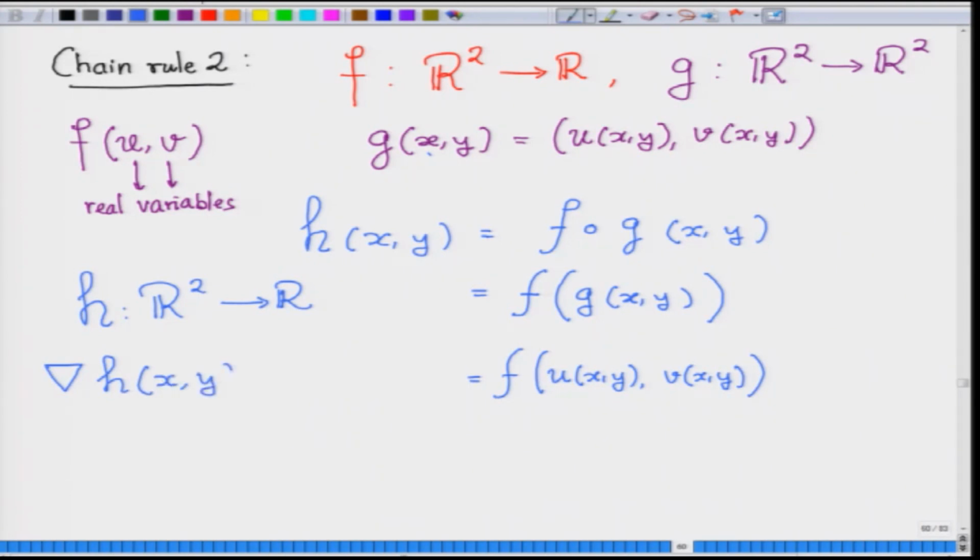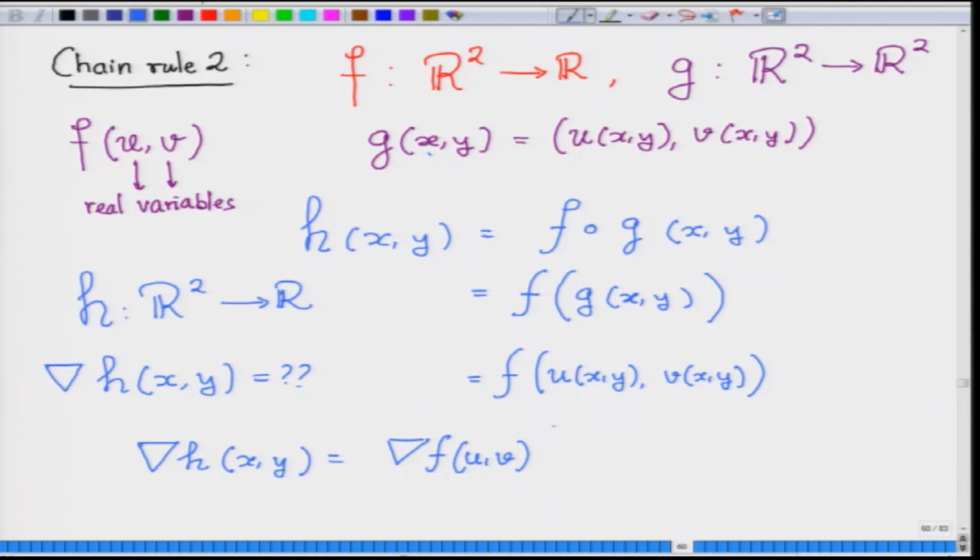So, basically h is expressed in terms of f and g, which are also differentiable. Now I am asking you, in terms of the derivatives of f and g, can you compute the gradient or the derivative of h, and what is the answer? So, write again the derivative of h is a derivative of f in terms of u and v, that is a gradient of f in terms of u and v, because f is from u to v, multiplied by,